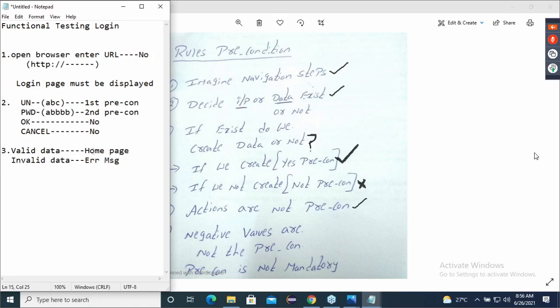Now, my question is, if you enter valid data, home page must be displayed. Is home page a precondition? If no, why? Please give me that answer also.